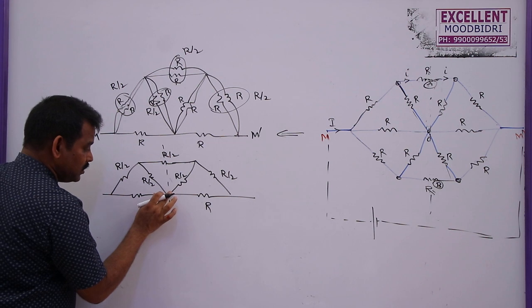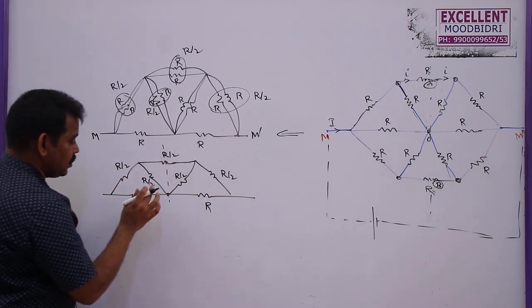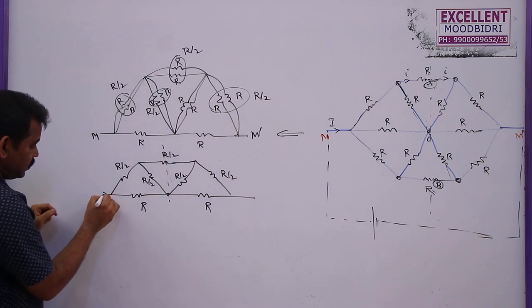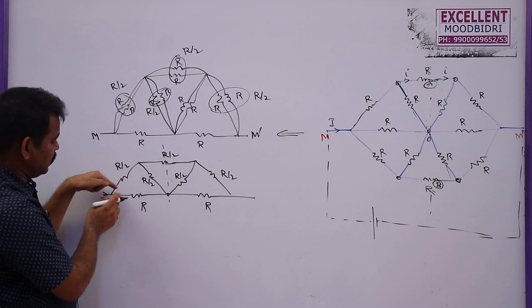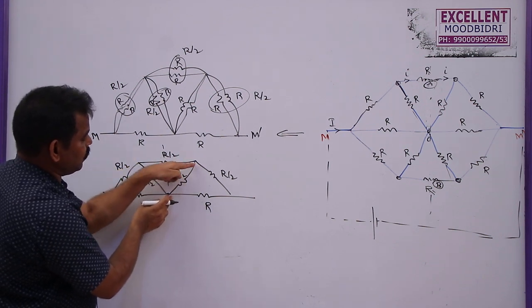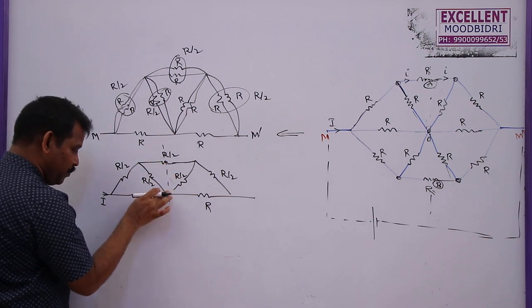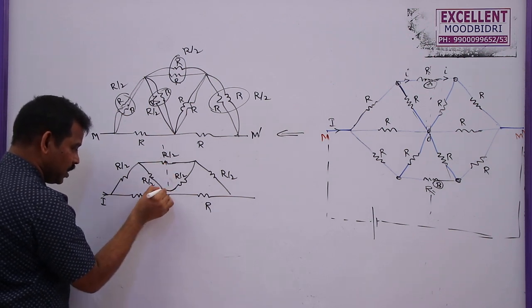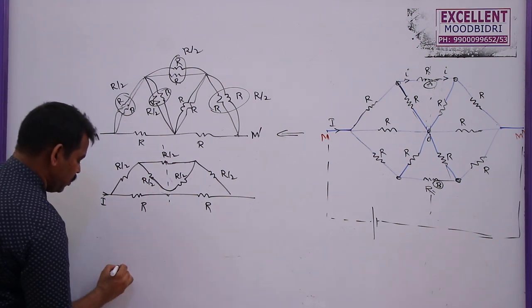Or as this point and this point are having the same potential, we can say that whatever current is entering here will divide into two parts, not equal parts, two different parts. After that, some current will go here, and the same current will go here, as this potential and this potential are the same. So for equipotentials, you can disconnect that one also. You can draw like this. Now this diagram can be drawn like this.